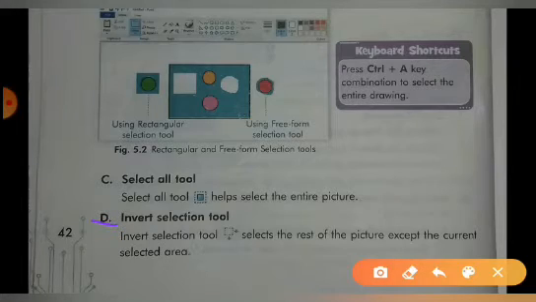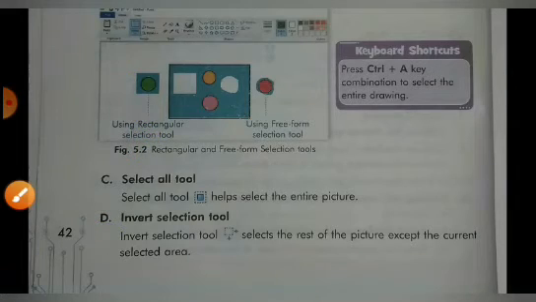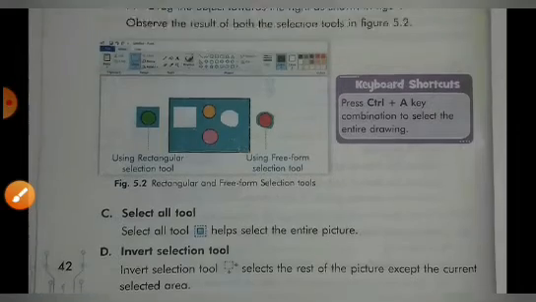The invert selection tool selects the rest of the picture except the current selected area. Now come to the next page.